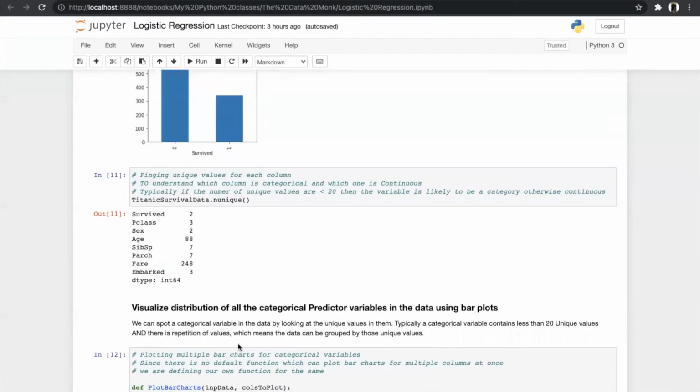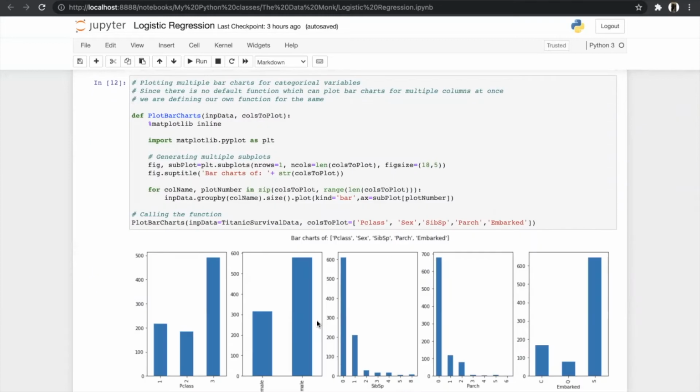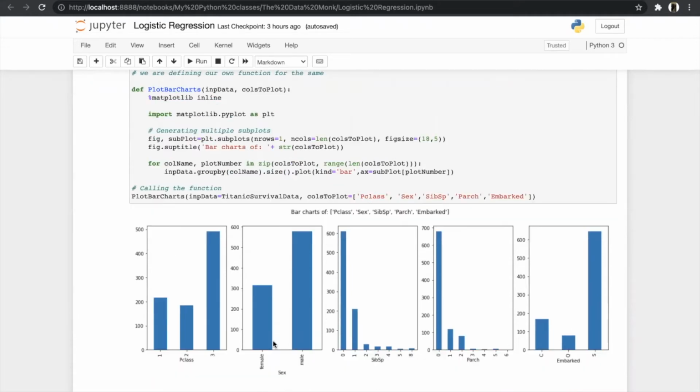After that, we visualized the distribution of all the categorical predictor variables using the bar plot. As you can see, they are all our categorical predictors, which are Pclass, SibSp and so on, and these are their distributions. All values are normally skewed. This one is somewhat positive skewed, and this is also positive skewed. This is negative skewed, and this is the desirable bell curve. So they all can be used as predictors in our model.